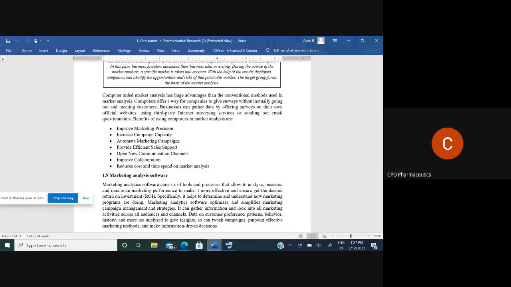The market capacity is increasing. Number two, automated marketing campaigns. You don't want to push a button every time to market all this. You feed it once, then automatically whenever you start searching about that particular product, the advertisements will come, and then the market will increase. Okay, so you go to Google and search something, slippers or cosmetics,